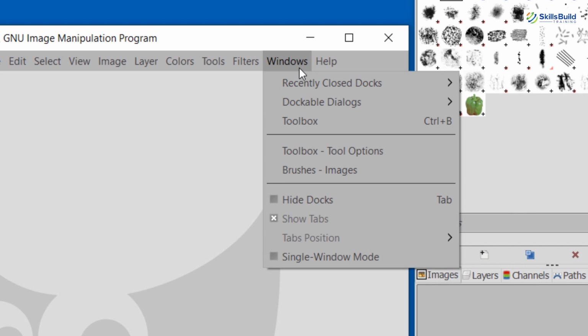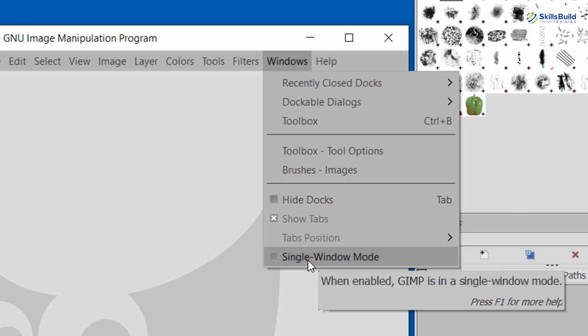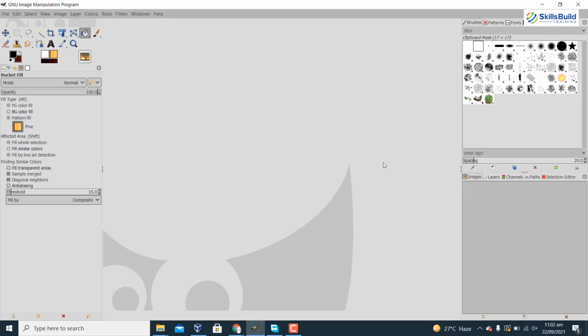Now again click on Windows and click on Single Window Mode. While this is a minimal setup, there are over a dozen other types of dialogs used by GIMP for various purposes, but users typically create them when they are needed and close them when they are not. Knowledgeable users generally keep the toolbox with the tool options and layer dialog around at all times. The toolbox is essential to many GIMP operations. In fact, if you close it, GIMP will exit.